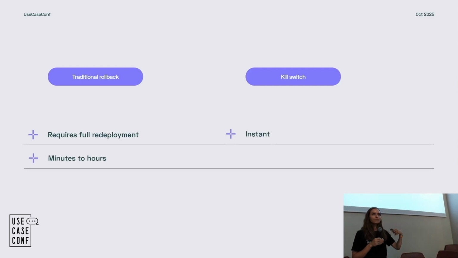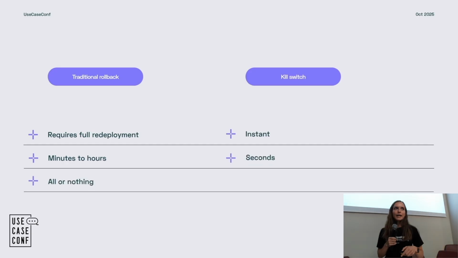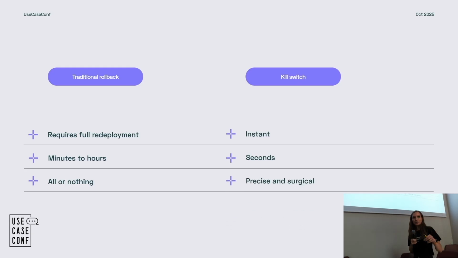So you go from typically minutes or hours, like we've seen in the Google case, that if a central component is involved, we're likely talking about hours here, to seconds. And you go from an all or nothing kind of approach, because if you're rolling back a release, you're taking everything that was shipped with that release, right? To a very precise and surgical approach where you can just take the one thing that doesn't work and keep everything else as it was working before.